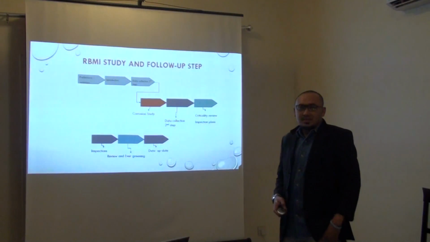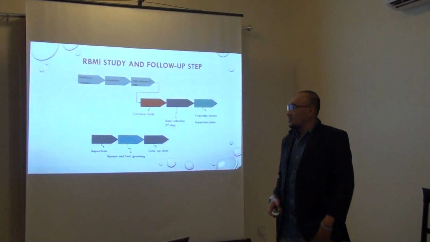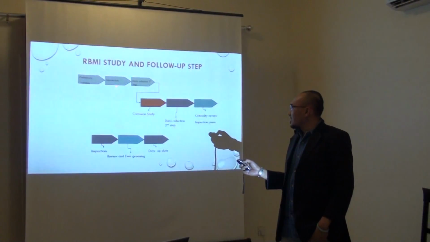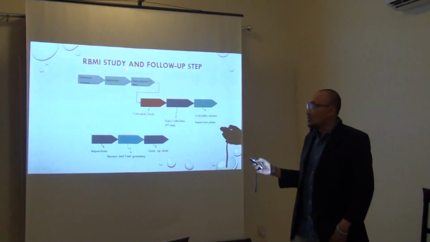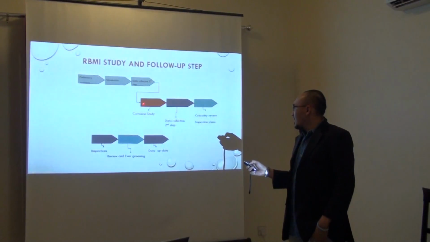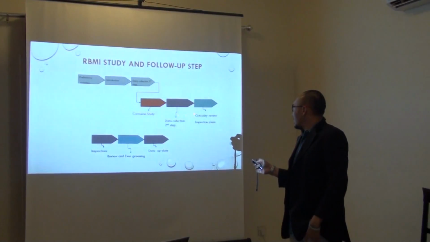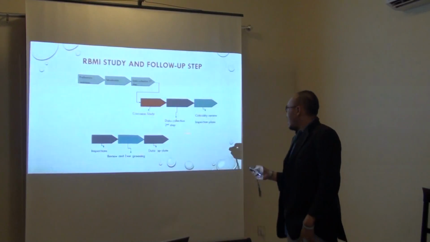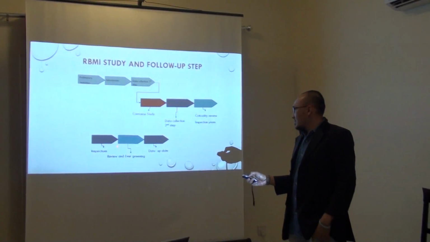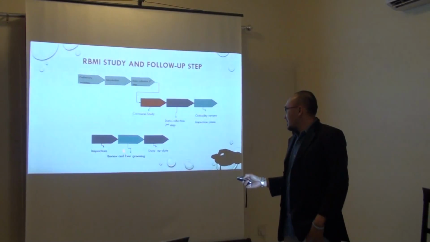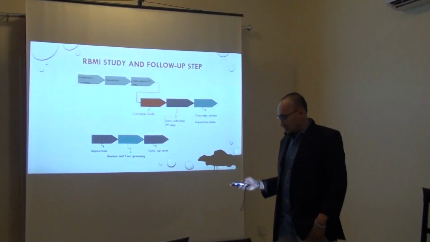And the RBMI study has steps. First, the primary activity, introduction, and we have to do data collection. Here we have the corrosion study. Then the second step, we do data collection again. From there, it goes to criticality ranking. After that, we go to inspection, then grading of the program, and then the data will be up to date.